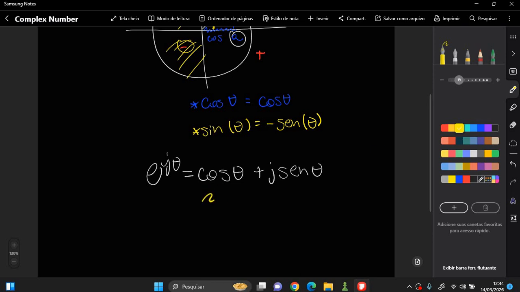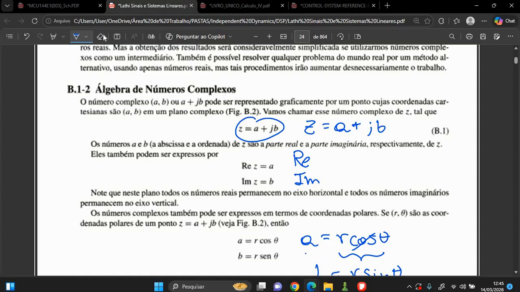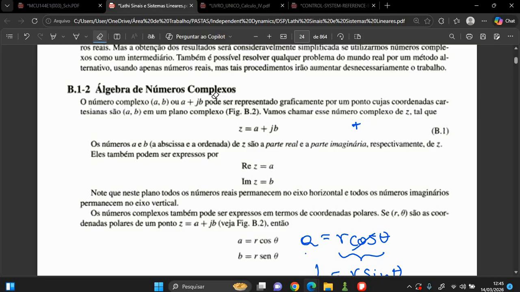And if we multiply both sides of this equation, and remember we are trying to figure out why we got this complex number in this way,